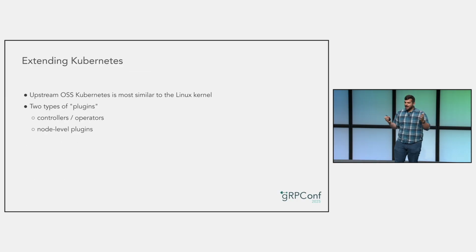Now, if we're comparing upstream open source Kubernetes to Linux, what it is most like is the kernel with no add-ons. If you've ever built the Linux kernel from source and tried to run a system with it, you'll know that it's basically useless. None of the device drivers you need for a printer or for Wi-Fi, no GUI, no word processor, no text editor, or even basic commands like ls. Kubernetes on its own, open source, is similar. Just about the only thing that's actually built in is the ability to schedule containers.